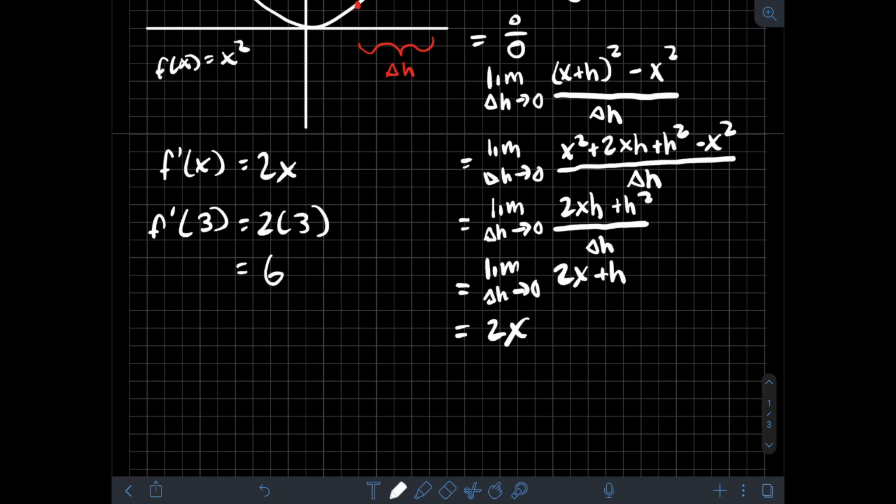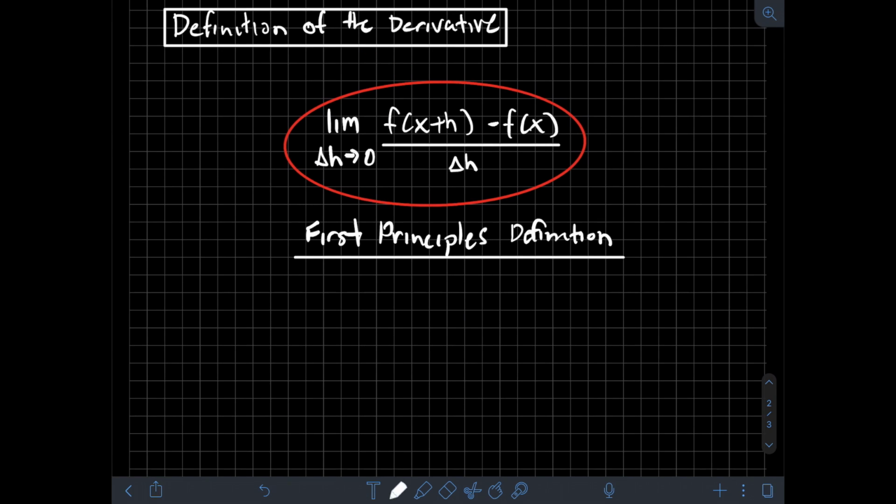So at x equals 3, our derivative would actually be equal to 6. Now that we know how to calculate the derivative for x squared, we can apply the same principles to find the derivative of any function. This is the definition of the derivative, and it is one of the first principles of calculus. The limit is as follows: the limit as h approaches 0 of f at x plus h minus f at x all over h. This is the first principle's definition of the derivative and can be used to find the derivative of any